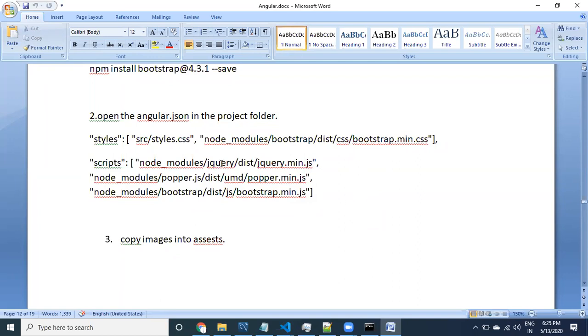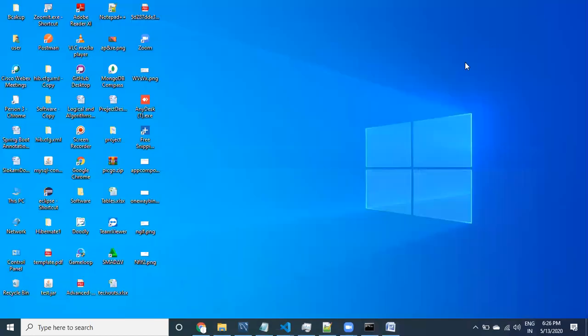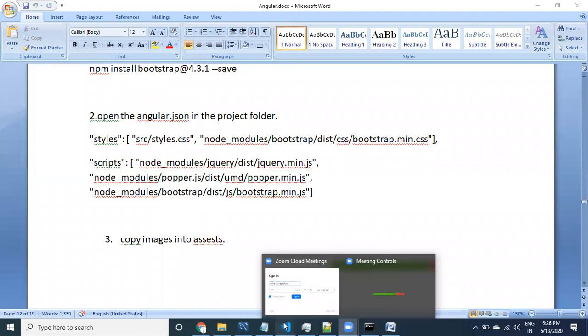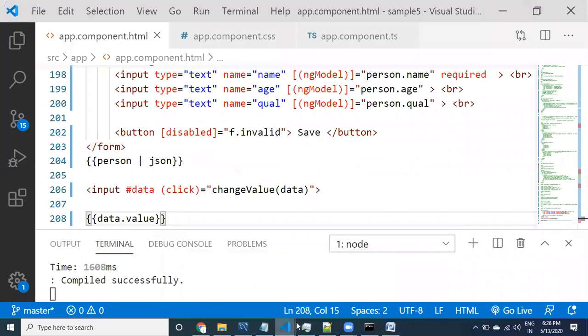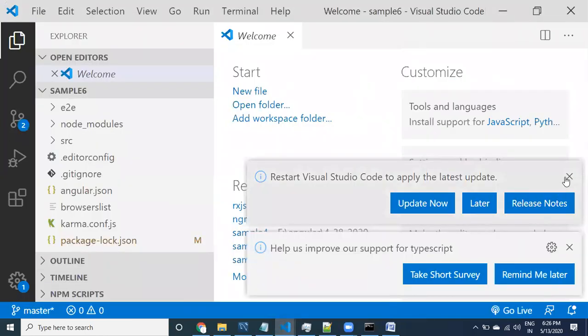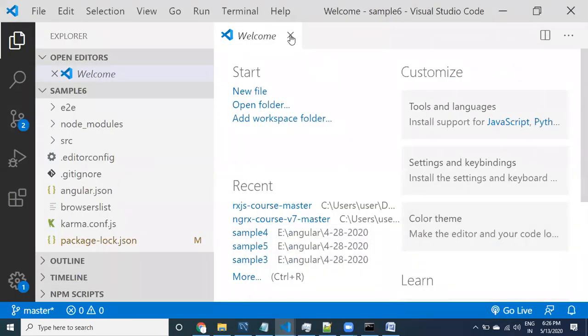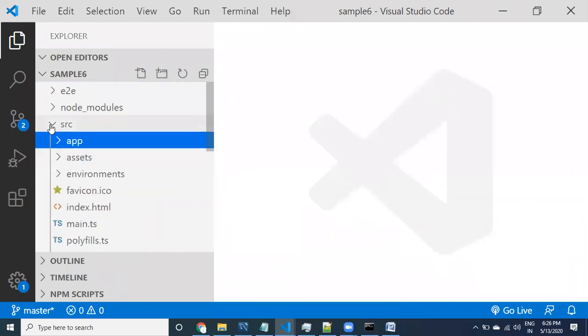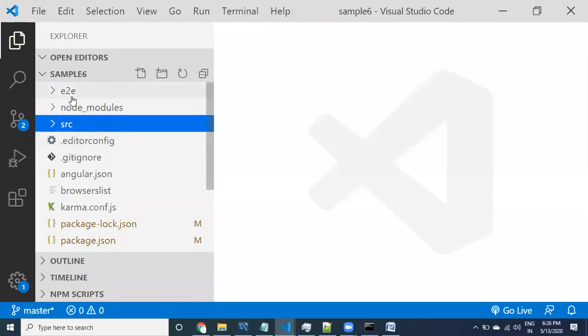Yeah, next one. Once after importing, where is it? I think this is the one. Let us go to, not the source, in the main folder only we can see angular.json.